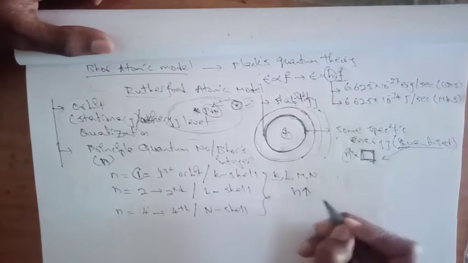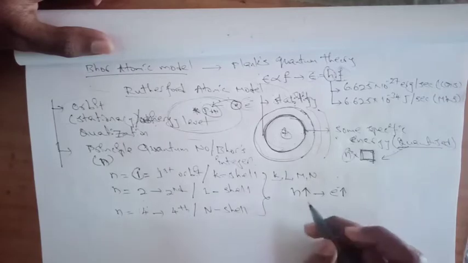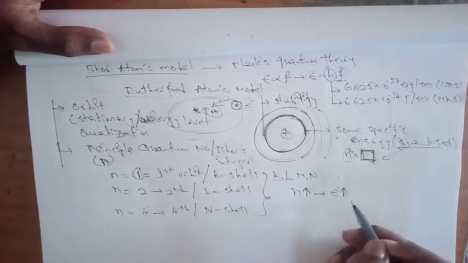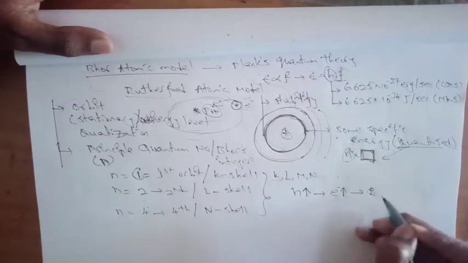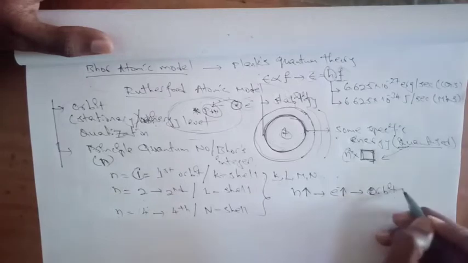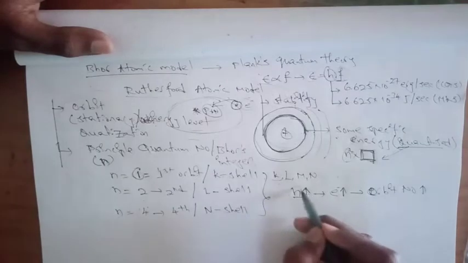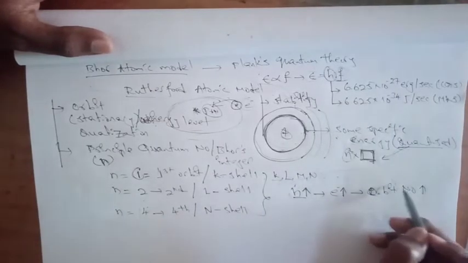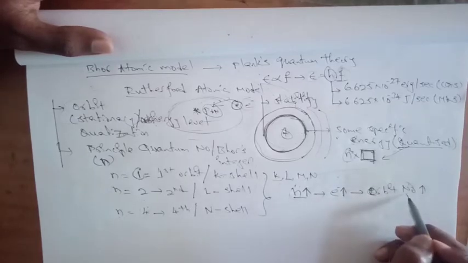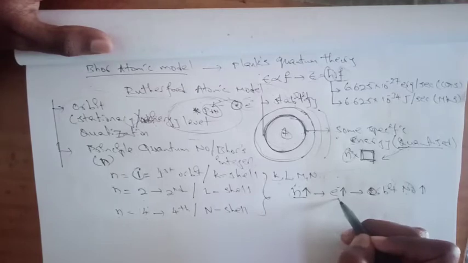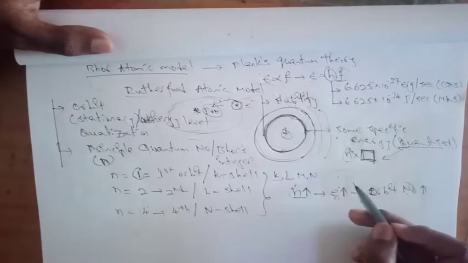the energy of the electron also increases. The energy of that particular orbit increases, and the orbit number also increases. If the n value increases, it directly represents the orbit number. That orbit number increases, and the energy of that orbit also increases. That means the energy of the electron in that orbit also increases,